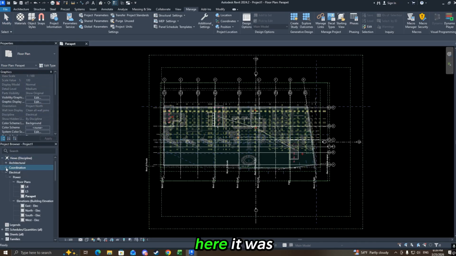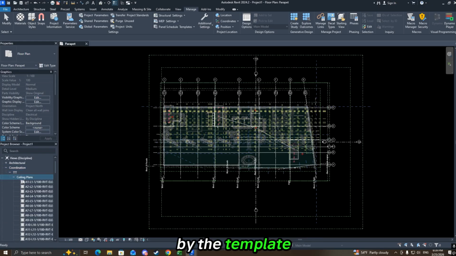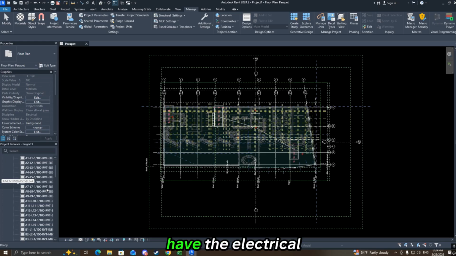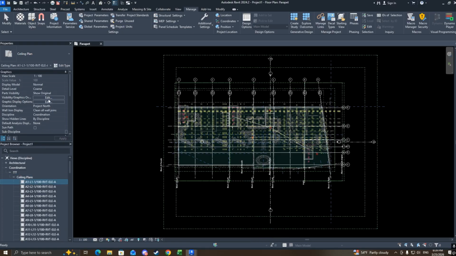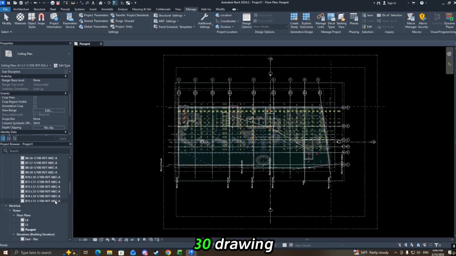If we open here, it was created under coordination. This is controlled by the template. We will see later how to add a template into the creation directly. So all the drawings that are created are organized. The electrical will have the electrical template, the mechanical will have the mechanical template. This will be for another video. Now, for this video, we have these drawings that are created. As you can see, we have 30 drawings,